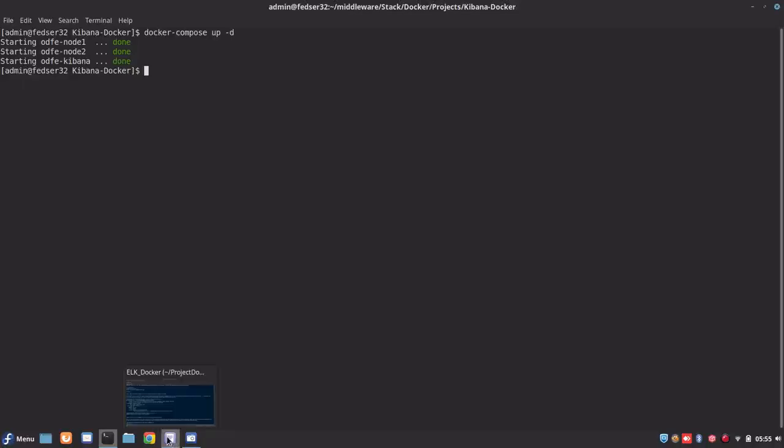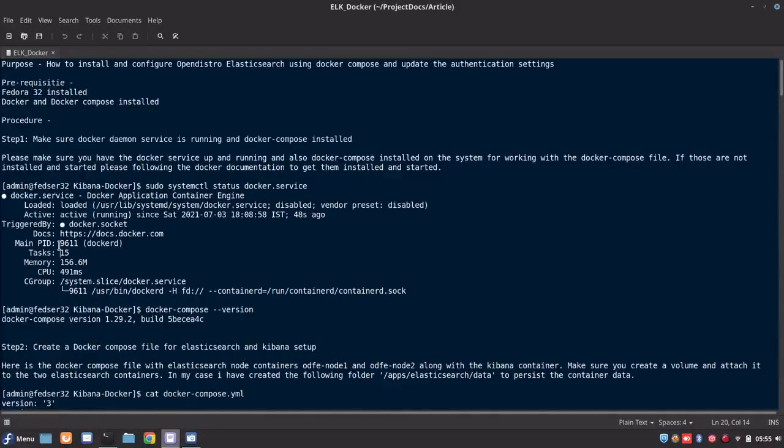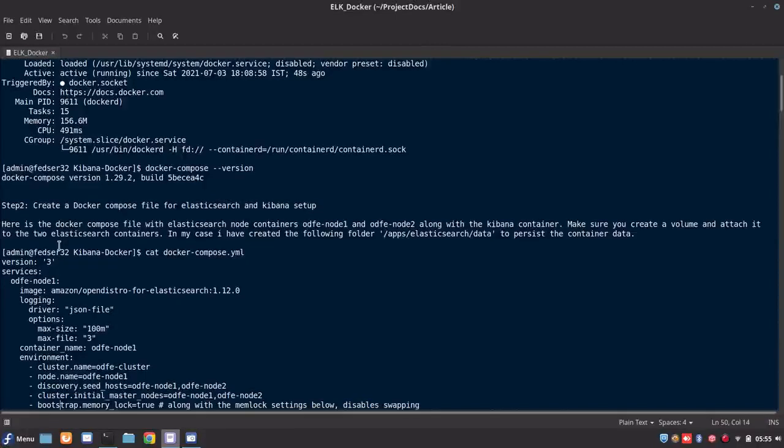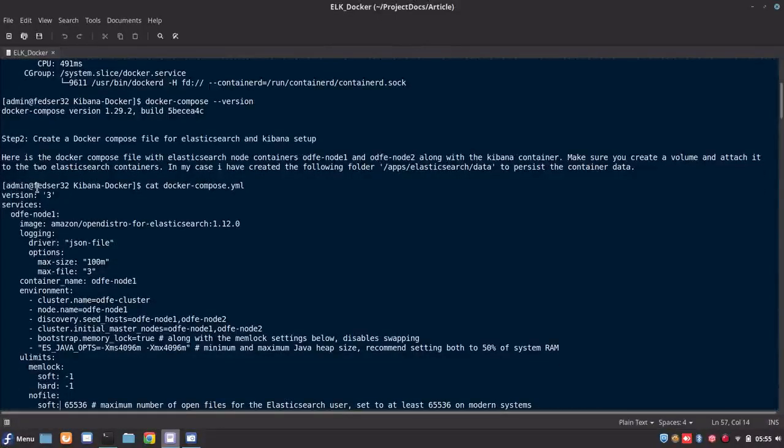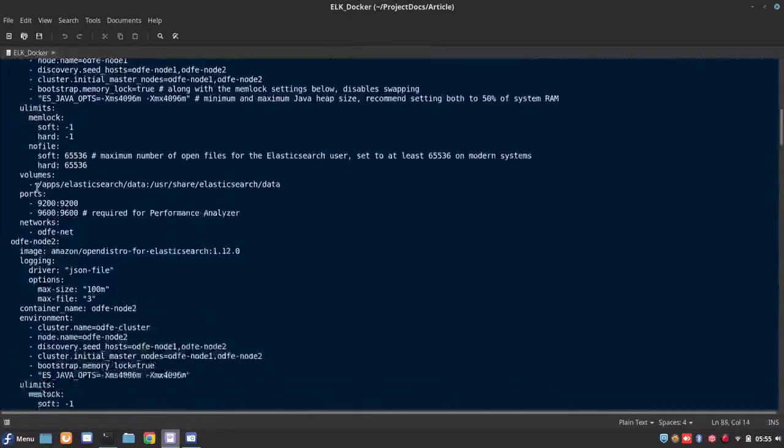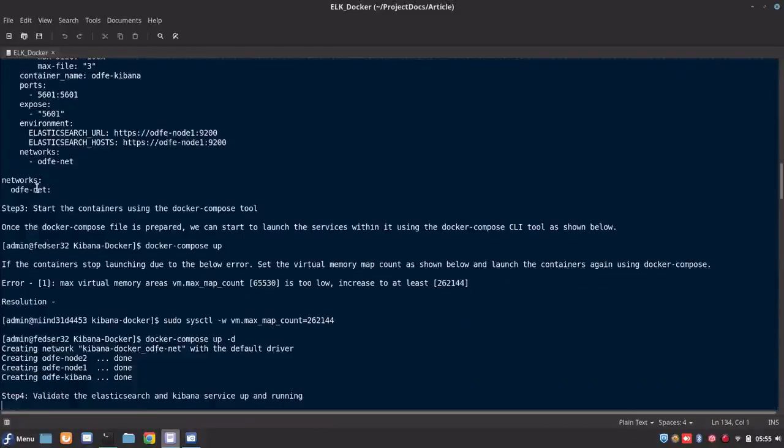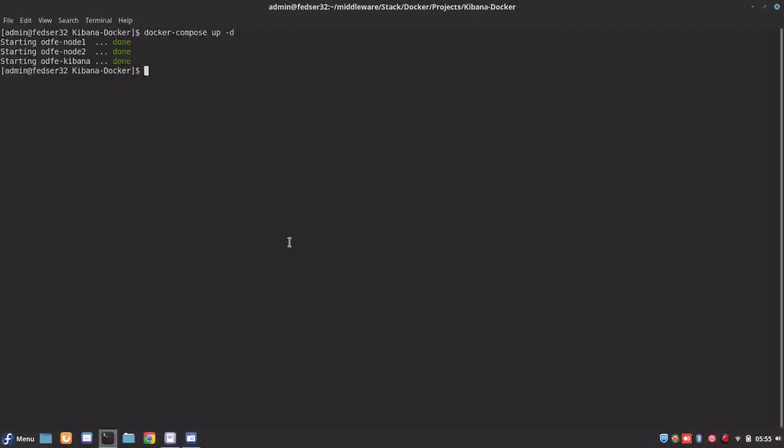Let me go into my documentation. So we have created the Docker Compose file, and we have brought up the services. So let me quickly verify the logs.